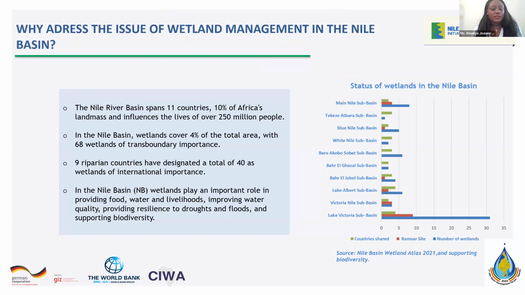Currently, the Nile Basin spans 11 countries and 10% of Africa's landmass, and influences the lives of over 250 million people. In the Nile Basin, wetlands cover 4% of the total area, with 68 wetlands of transboundary importance, of which 40 wetlands are designated as wetlands of international importance. Wetlands play a critical role in providing food, water, and livelihood, and providing resilience to drought and floods while supporting